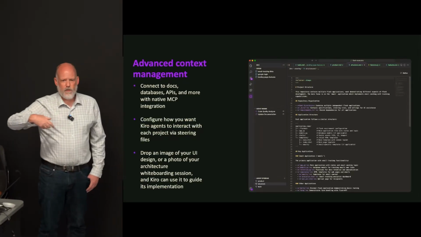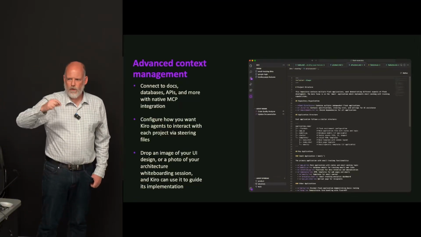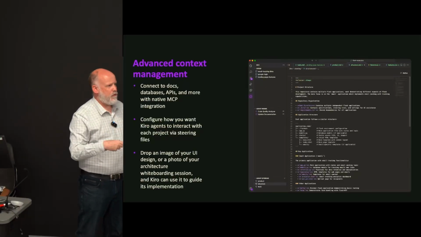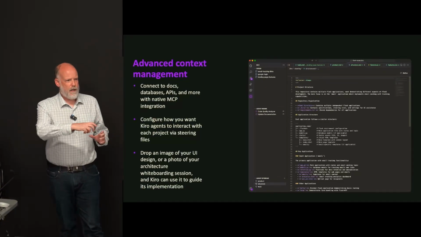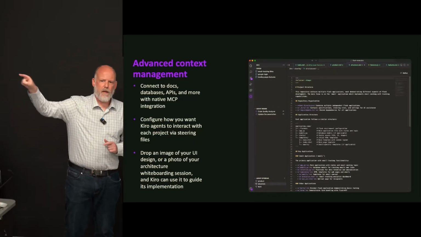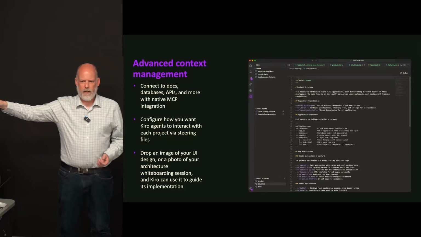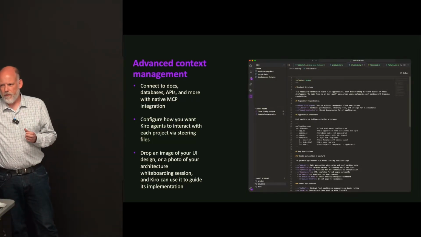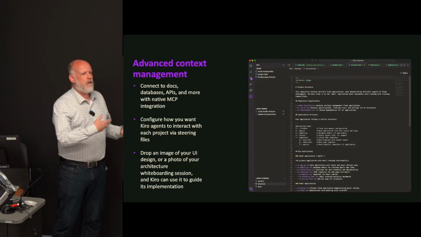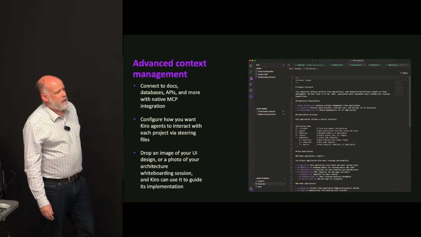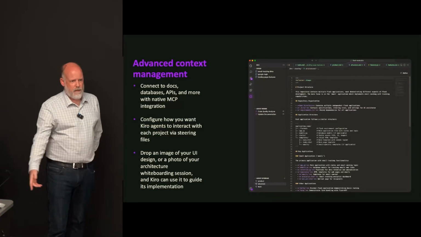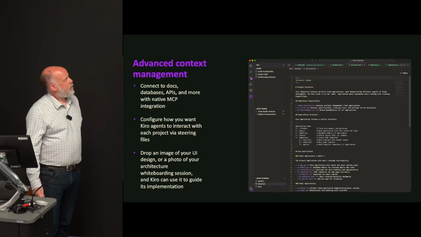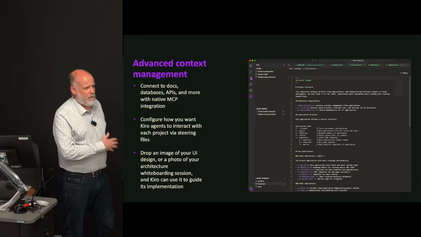It could be a connection to a database, so that it knows how to talk to Oracle, for example. It could be talking to a bespoke API. So how do I build something that talks to that API over there when the LLM has never seen that API? So you would build an MCP server to talk to and understand that API. So it lets you expand the capability of the agent, the LLM that's underneath the agent, with real-time data. Okay? Lots of companies throughout the world are writing MCP servers